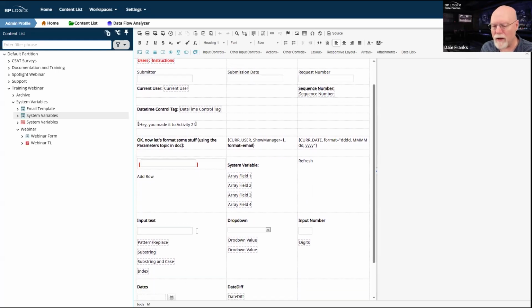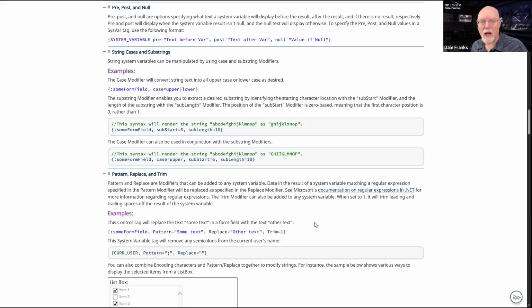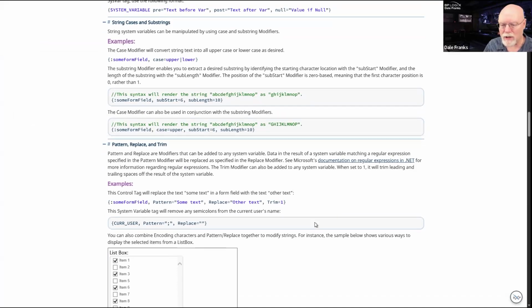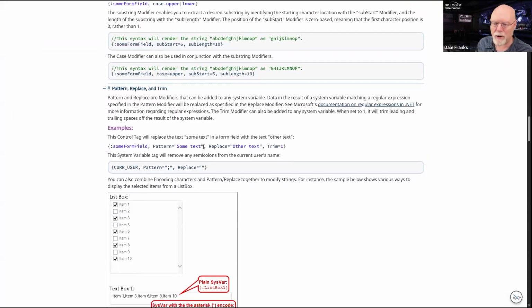You can just run this form and put in the appropriate values in the appropriate fields, and you'll be able to see examples of how all of these work. So if you want this, I'm happy to send it to you. But since I've already covered it before, I don't feel it necessary in this particular webinar to cover that in detail. But I do have an example for you. I'm happy to give it to you. And you can see examples of all the things like pattern and replace.